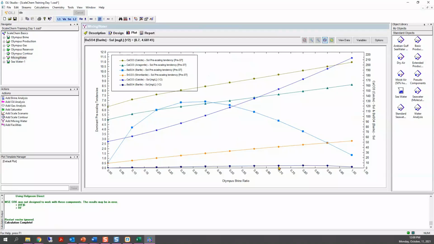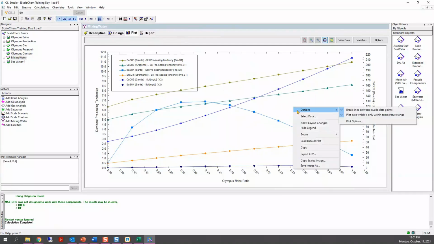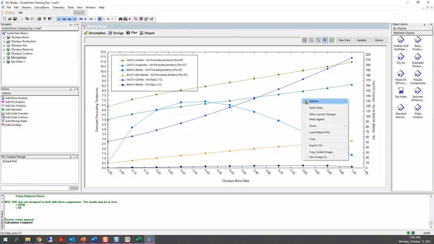So right click on this data point. Yeah, I don't get that window, I just get options. Let me try again. You've got to click on one of the plot points, not the line. So if you get options, right click options, then plot options.